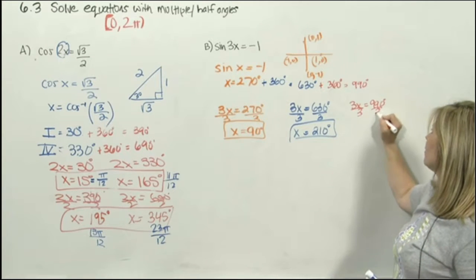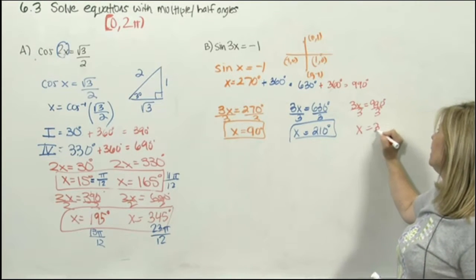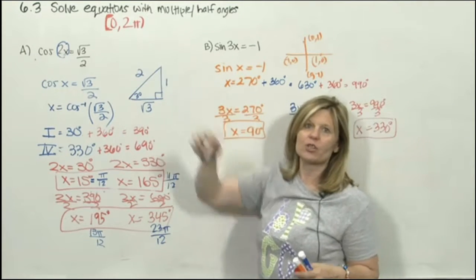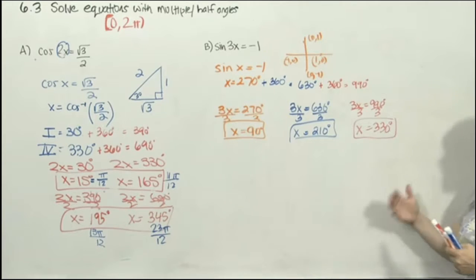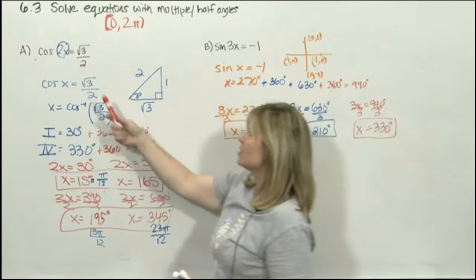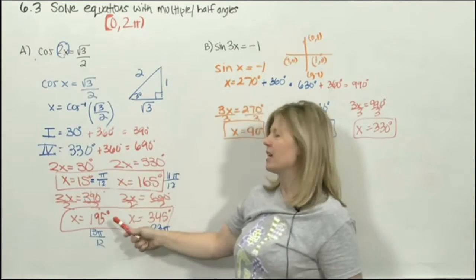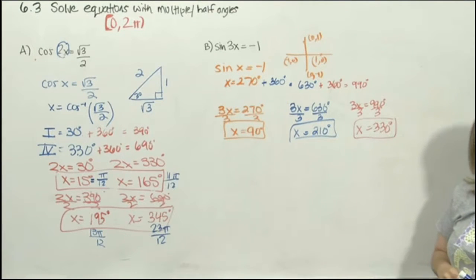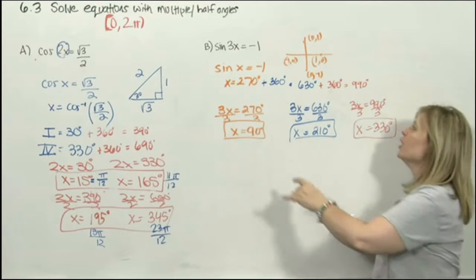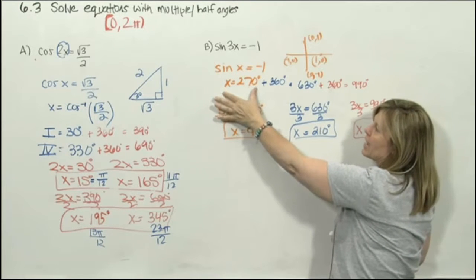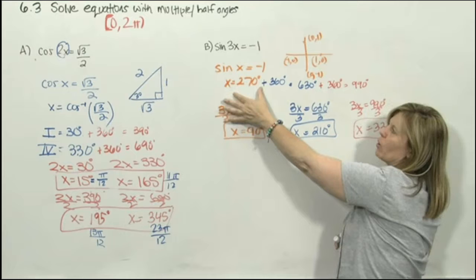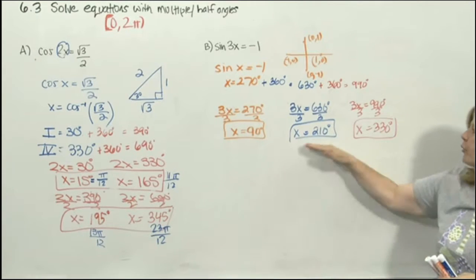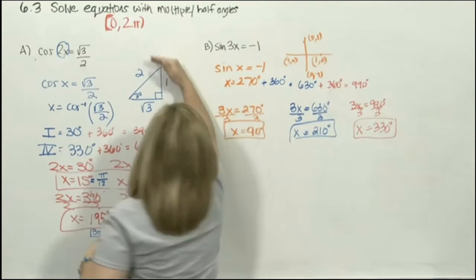Divide by 3, divide by 3. x would be 330 degrees. Also fits in our restriction. So it kind of has a pattern. If it's a double angle, you should have 2 sets of answers. If it's a triple angle, 3 sets. How are you getting those sets? You're pretending first the original angle's x, and then every time you want to get the next set, you're adding a coterminal to it. All 3 of these angles fit in our restriction,